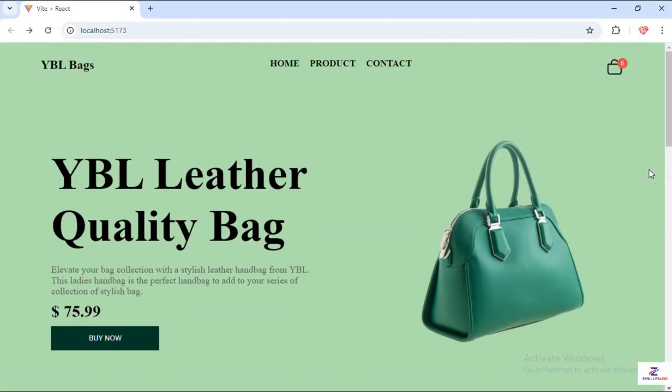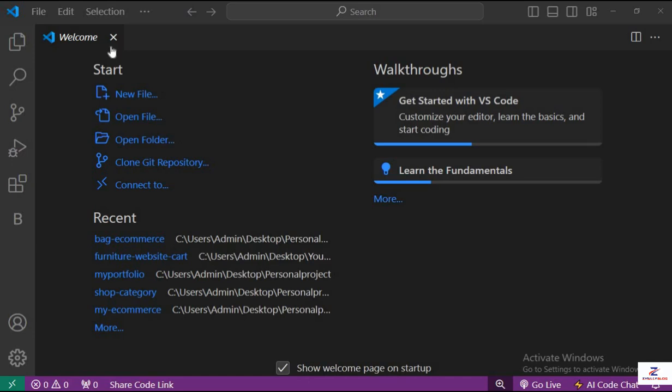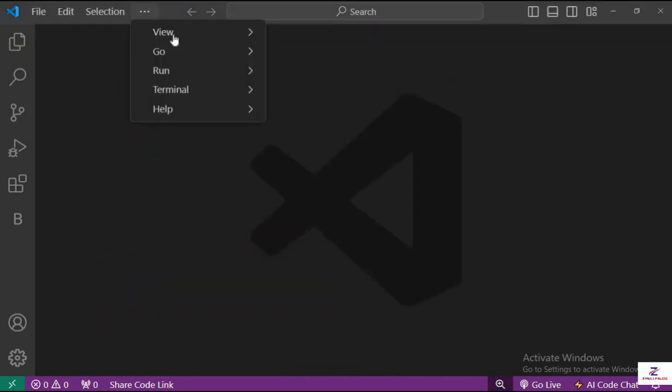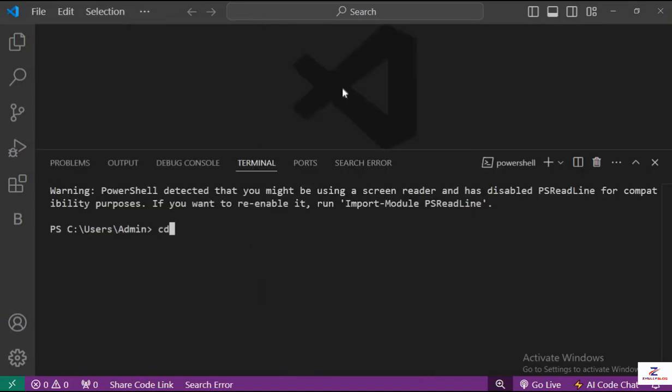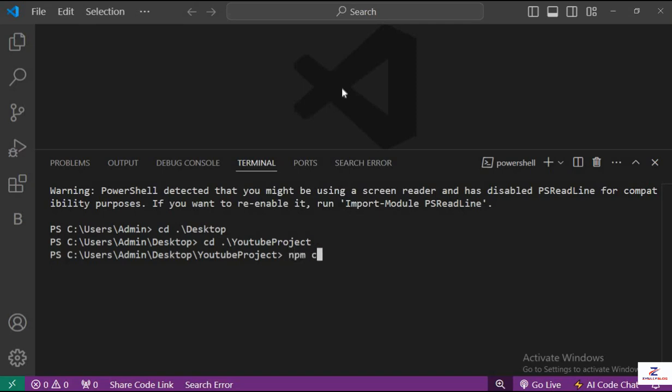Let's get to it. So let's start by opening your VS Code. I've opened mine. Then you navigate to your terminal, click on New Terminal, and in your new terminal, change directory to your desktop. I have a folder for YouTube project, so I'm going to be creating this React app in the folder. So I'm going to change my directory to YouTube projects as well. So if you have a folder where you want to create the React app, just change the directory to that folder. So you're going to run this command to create the React app, npm